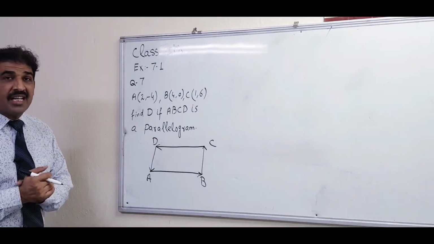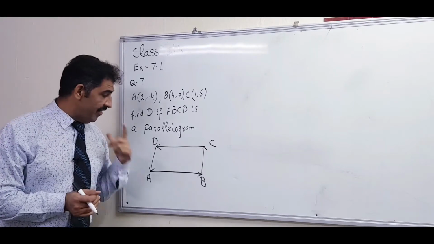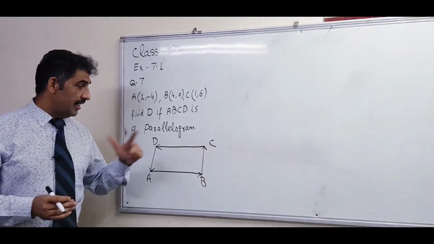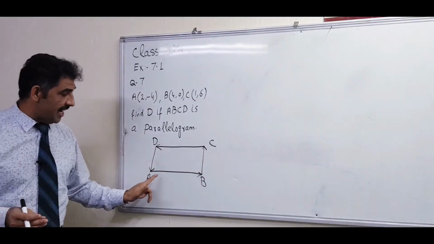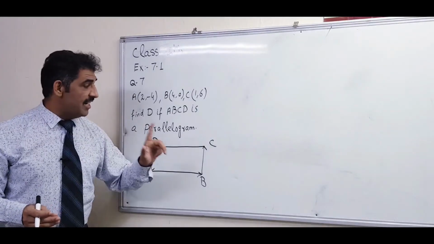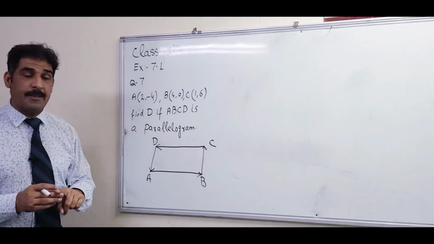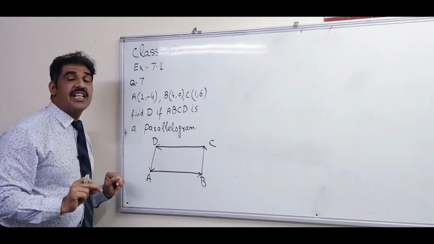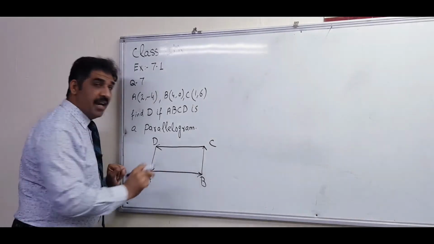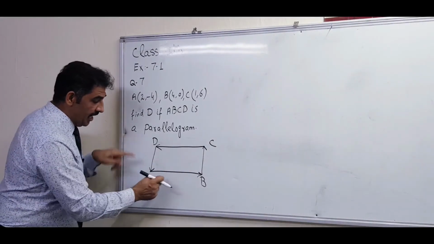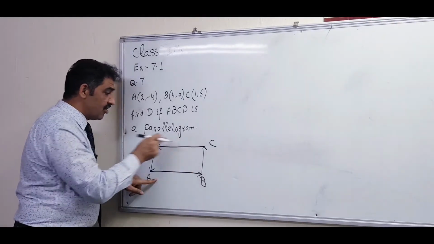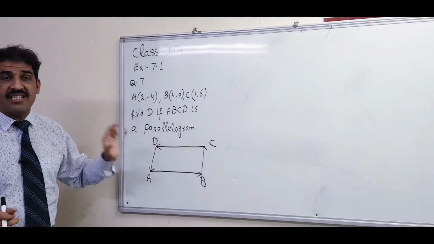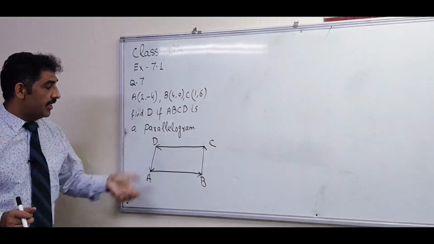According to the vector method, opposite sides are equal, so we will write AB is equal to DC. We have to write DC because the direction is A to B. You will not write CD, otherwise there is a difference. What is the difference of these two vectors? It is a negative vector, because equal in magnitude but opposite in direction. Here the direction is A to B and here it is C to D. So they are opposite in direction but equal in length. That's why such vectors are called negative vectors.